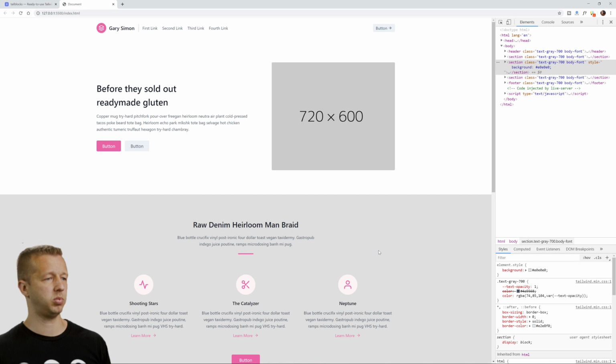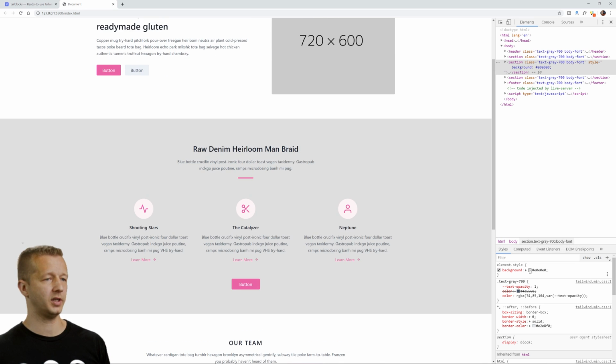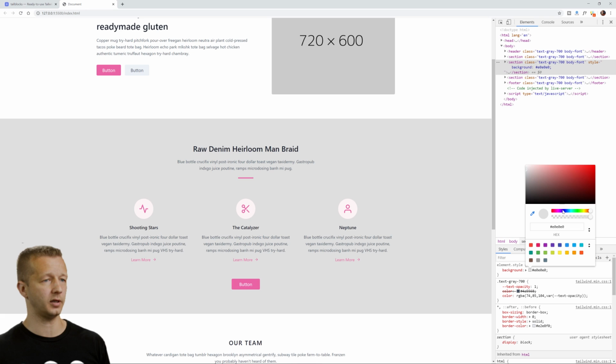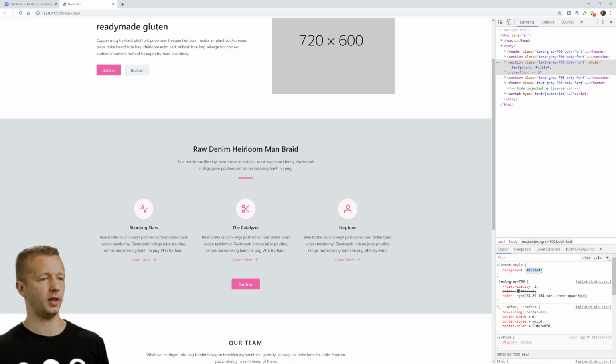So this is pretty much a complete gray color. I wanted it to have a little bit of color in it. Let's see here. There, just a tint of blue. So that is a color code right there, okay? Of course, we're just doing this in the browser, so if we refresh this, we're going to lose this change that we made. But the reason I did this is so that we can actually see what it looks like